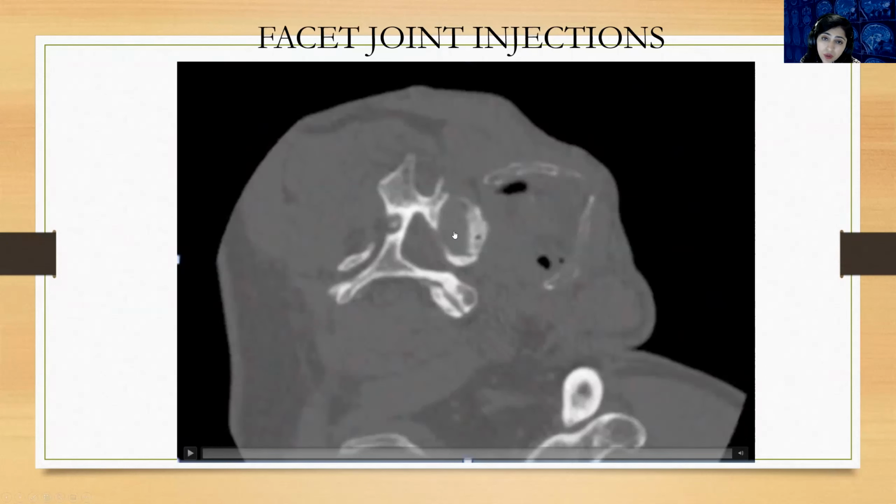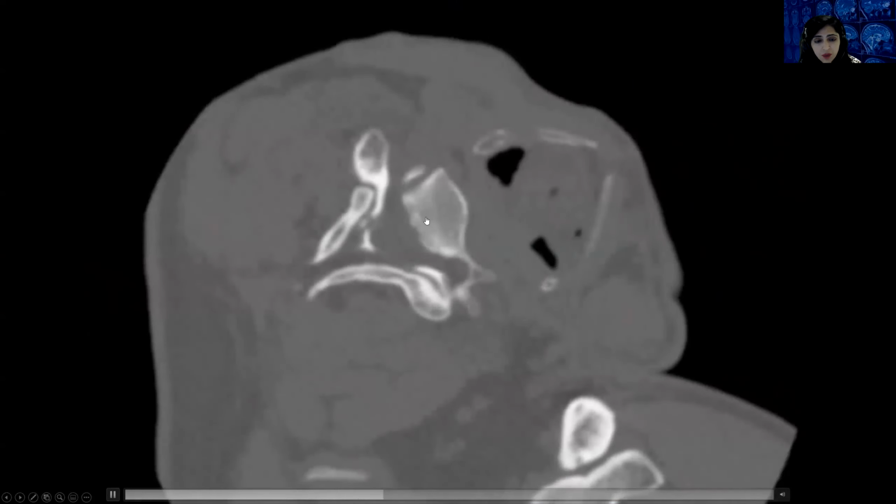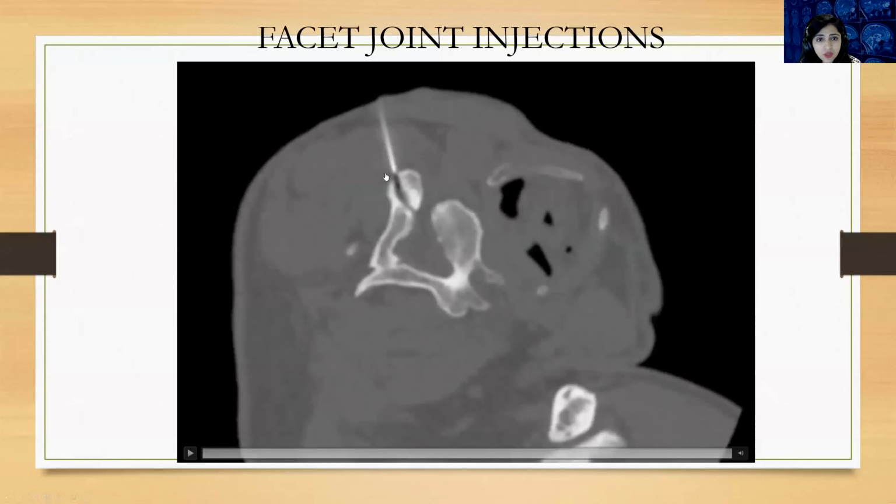This is a cervical facet joint injection. Cervical facet joint injection is a little bit different from the lumbar spine. In the lumbar spine, the position is pretty easy. The patient is prone, and you are going straight into the facet joint. You don't have to angle your needle that much. But in the cervical spine, you cannot use a prone position. It's usually the oblique position. So this is your spine in oblique position, and this must be your facet joint. Yeah, so this is the video. This is the facet joint, and we have to enter this joint. So this is the cervical spine facet joint injection.